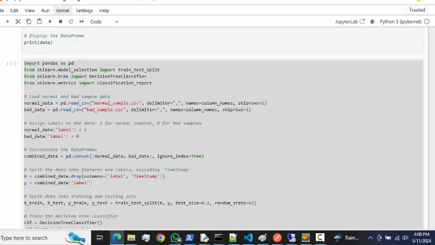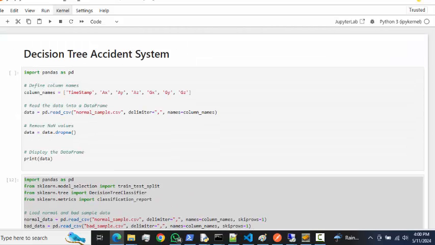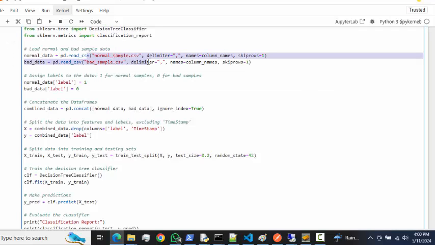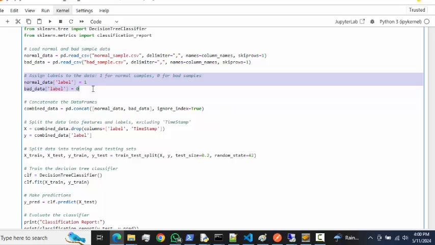Let's suppose we have two kinds of data, for example a bad sample of MPU 6050 and a good sample of MPU 6050. We sample that into separate CSV files, a normal sample and a bad sample. We simply read these two data sets with the pandas library using read_csv. Then we add another column to them, which is a label column, and we put 1 for the normal data